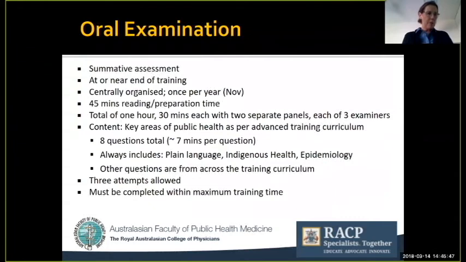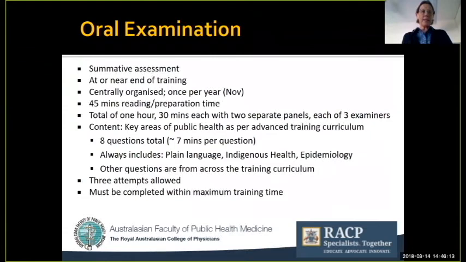And if it takes a few minutes to get started with a panel, then you might be late coming out, and then you might have less than 15 minutes. So there is a break between, but it could be 10 minutes or it could be 15 minutes, but don't imagine that it is exactly 15 minutes. So each panel is 3 examiners,